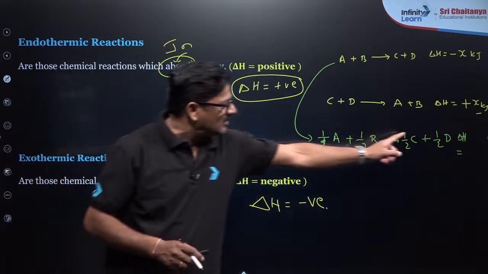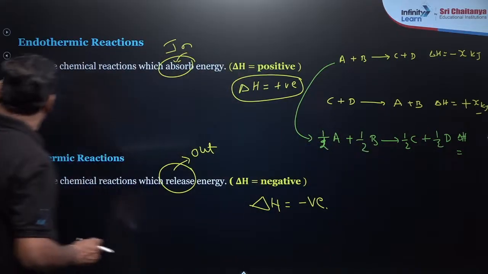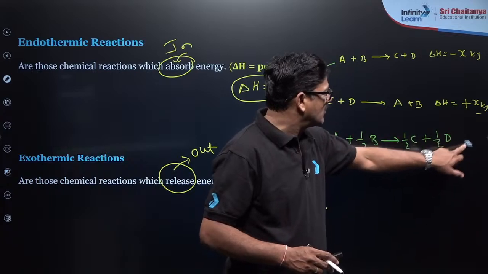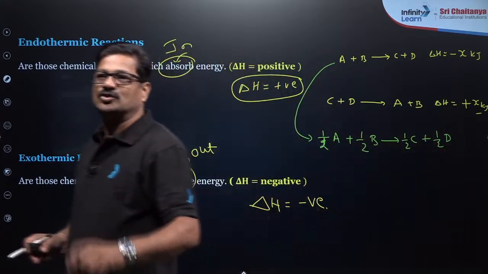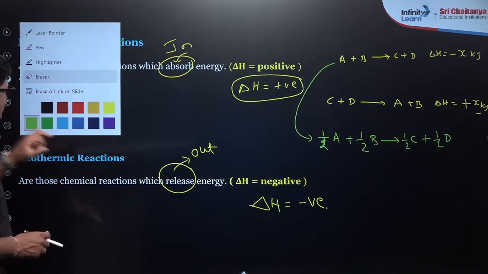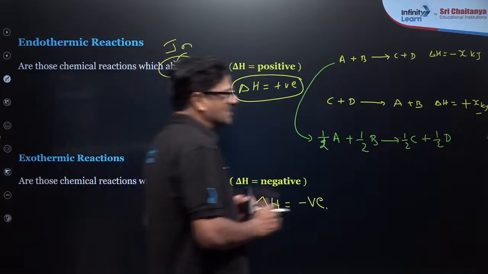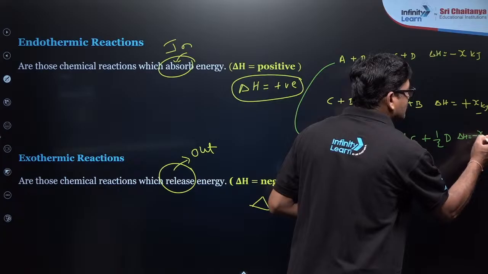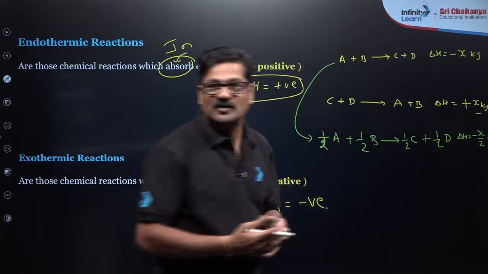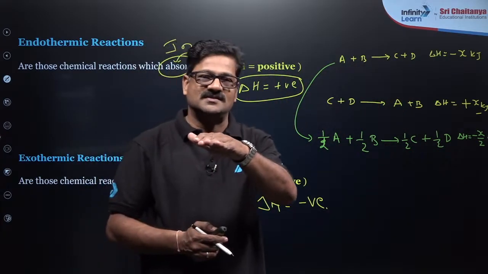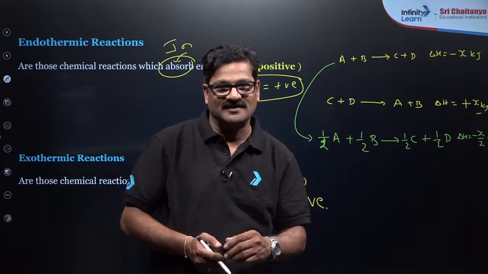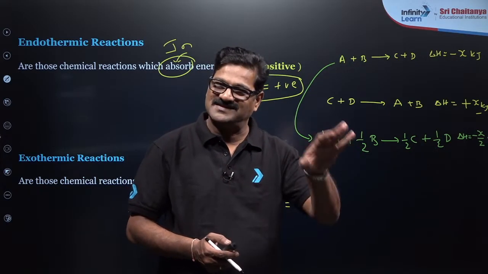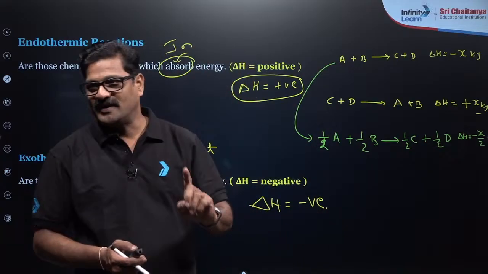So इसका क्या होगा? डेल्टा H इसका क्या होगा? जल्दी बताओ फटाफट. डेल्टा H कितना होगा इसका? जरा those who are online, please let me know your opinion over here. So delta H is equal to minus x by 2. I want to say if the reaction is divided or multiplied, you are going to get the delta H value in the same version. समझ में आ रहा है क्या जरा?